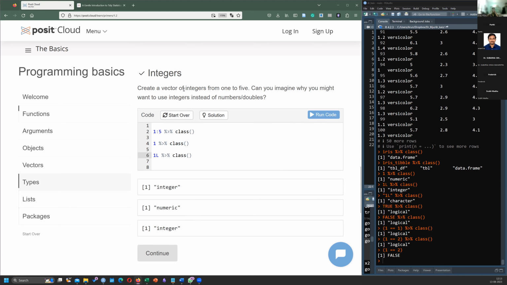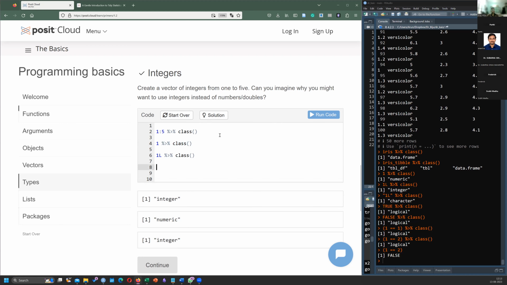They're asking to create integers. So what they're expecting the answer to be is 1L, 2L, 3L, 4L, 5L.